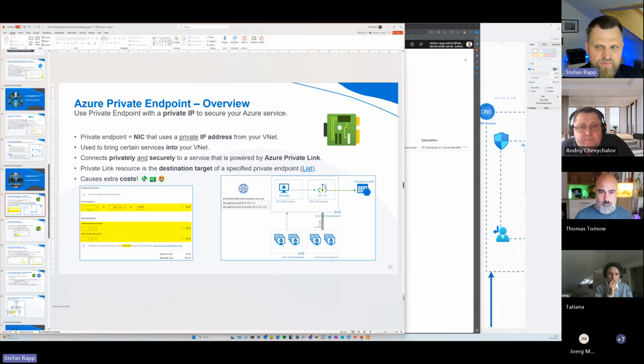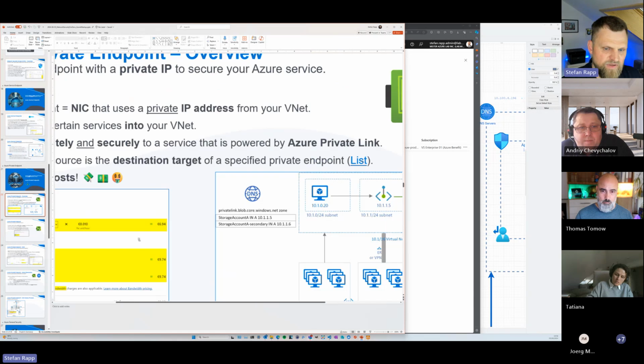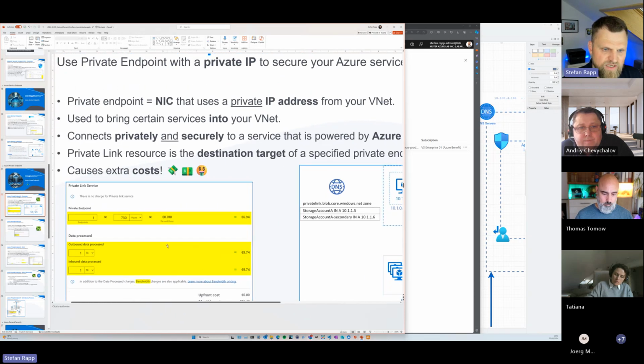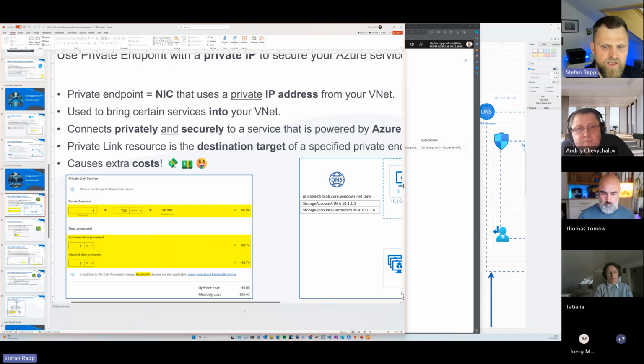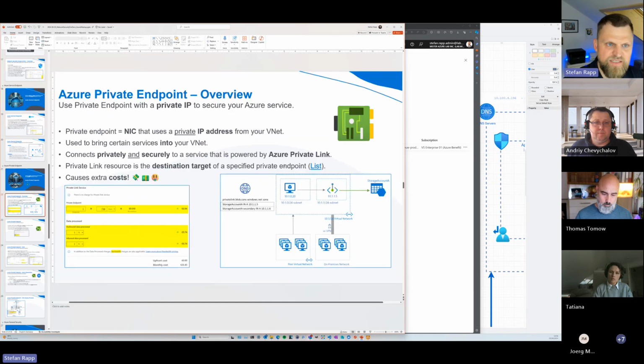Each bit of traffic that goes over the network interface card costs extra. So if you put a huge amount of data over it, as you see in this example, if you put 1 terabyte of data on the storage account and pull the 1 terabyte of data out of the storage account, you have to spend $26. If you have, for example, huge profiles or a huge amount of data, think about whether a private endpoint is really needed, because quite often it happens that it really is